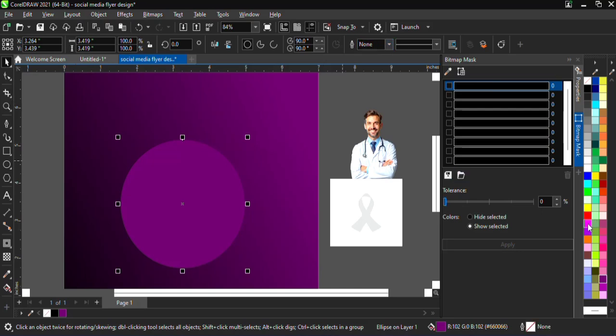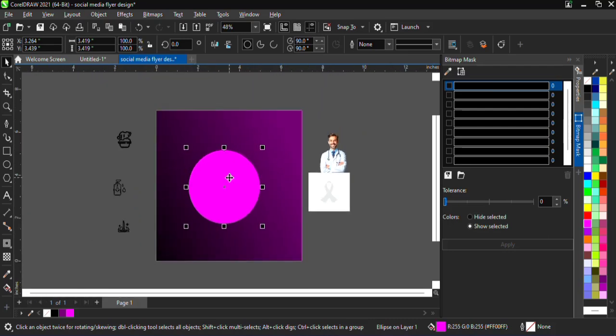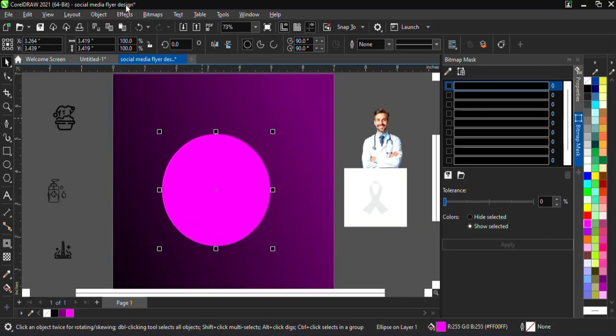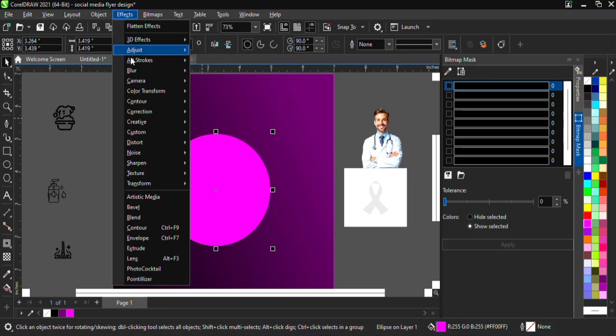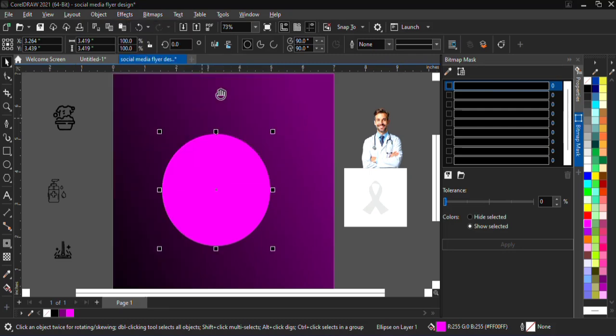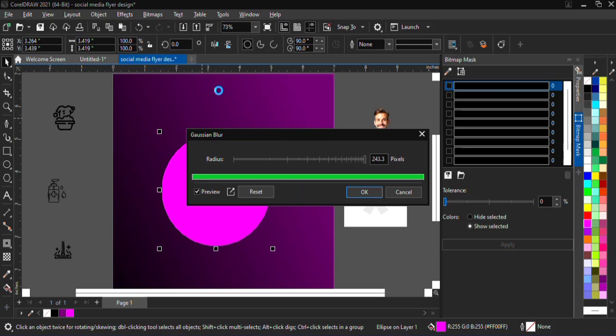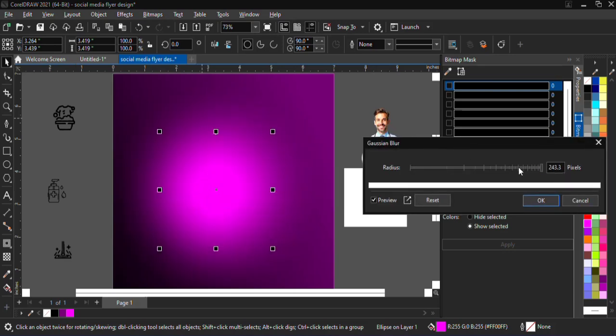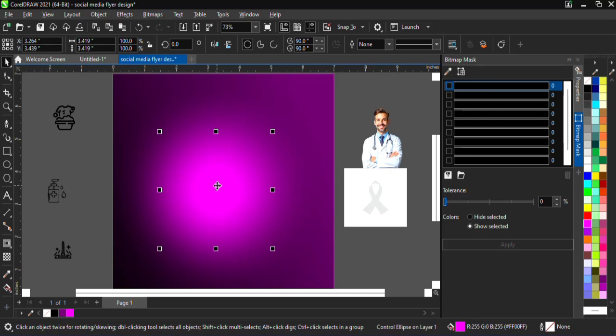Now this time we are going to be applying this magenta color to our circle. Now move to effects, choose blur and choose Gaussian blur. Effects, blur, Gaussian blur. Great. So we are going to leave it at the very last end, 243.3 pixels. Okay, with that being done,